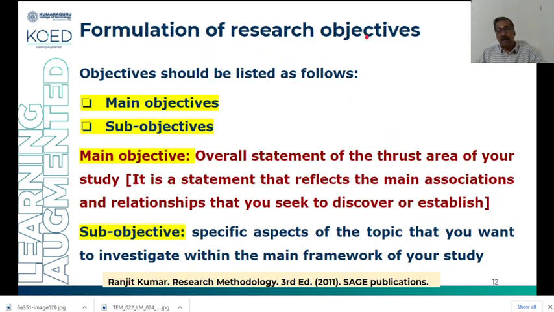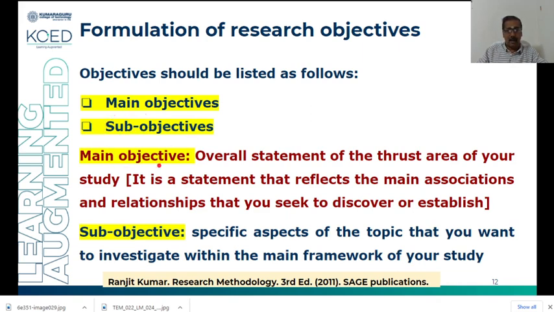After formulating the research problem, you have to go for the research questions. You can frame the questions and then frame the objective, or you can frame the objective and then frame the research questions. This is coming under the purview of the researcher; vice versa, you can do it. An objective can again be dissected into two ways: main objectives and sub objectives. Otherwise, very simply, you can call them long term objectives and short term objectives, or long goal objectives and short goal objectives.